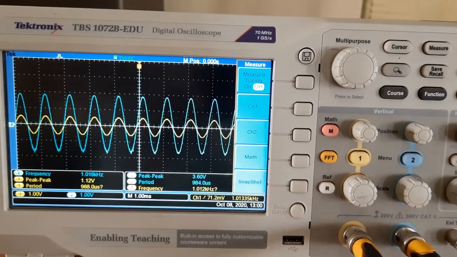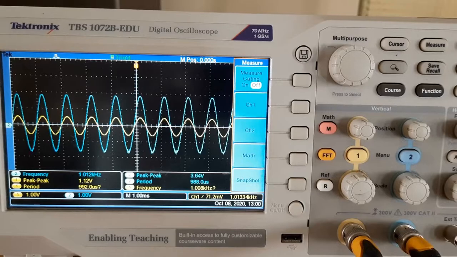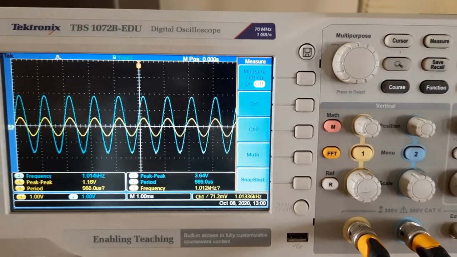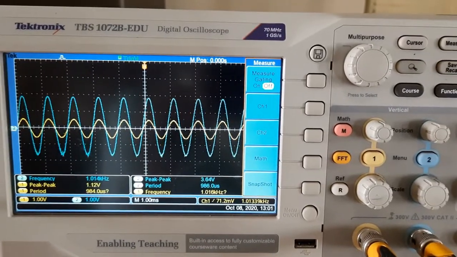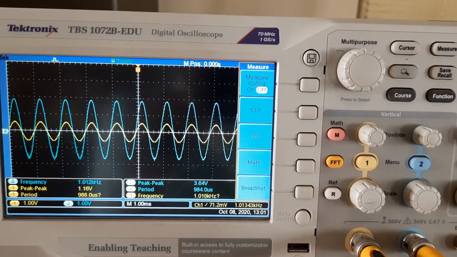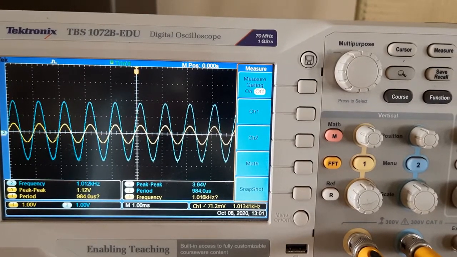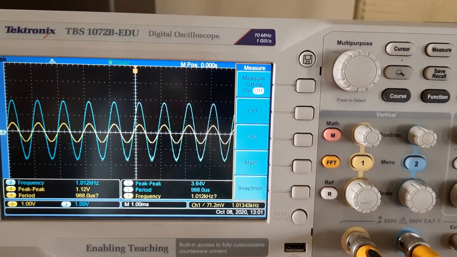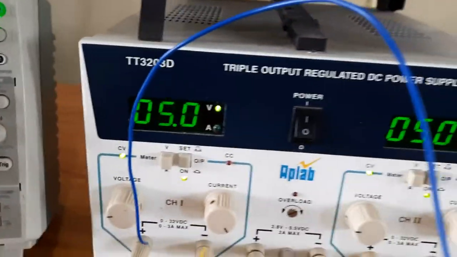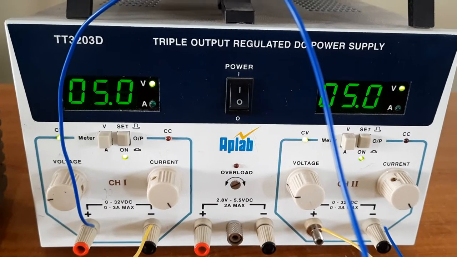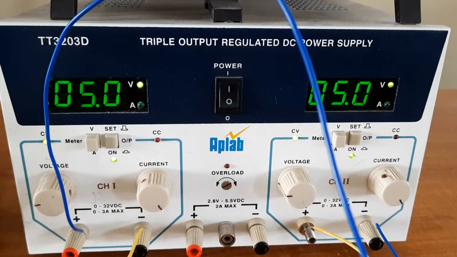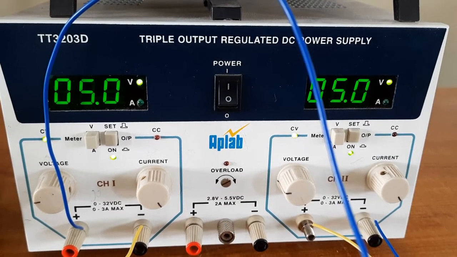To perform this experiment, we need a digital storage oscilloscope. So this is a digital oscilloscope. It is a 2-channel oscilloscope, which means at a time we can see 2 channels simultaneously. And this is the regulated power supply. By using this, we can apply voltage and current.